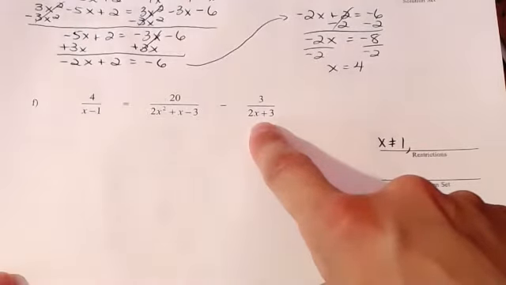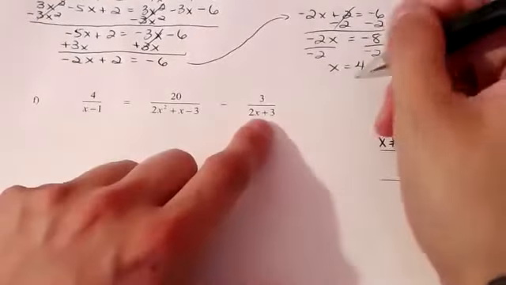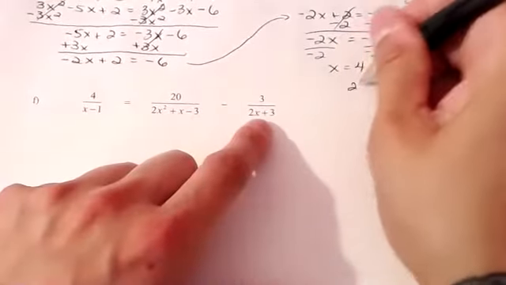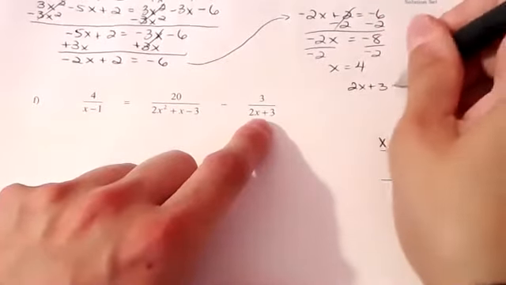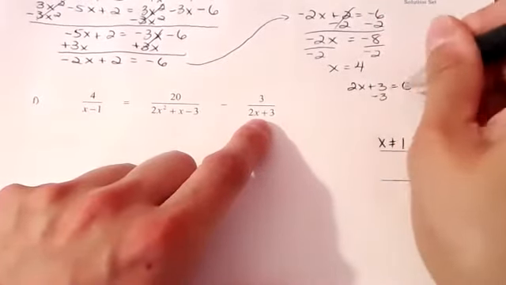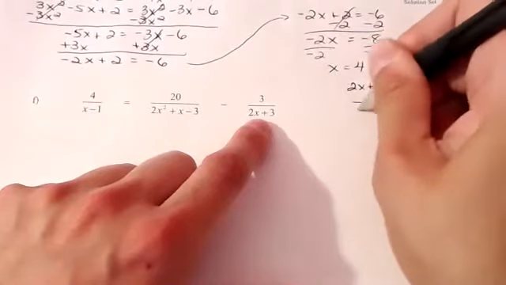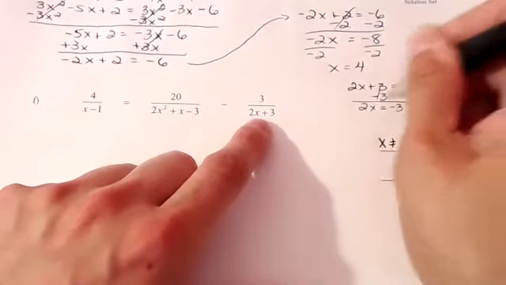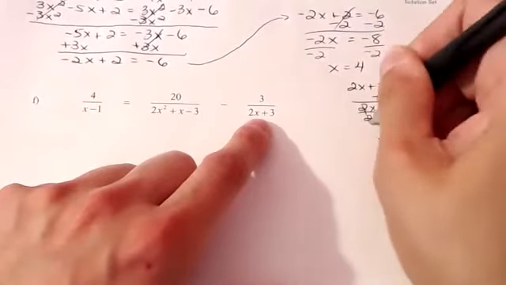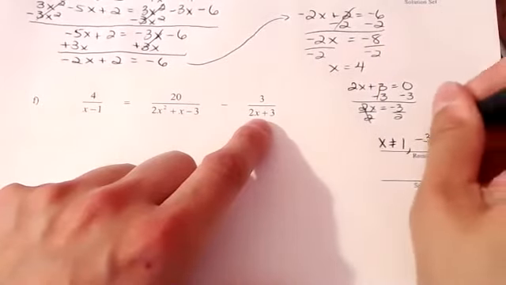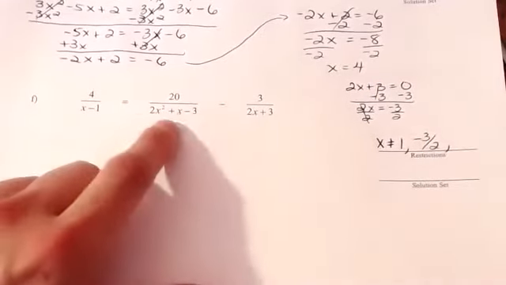Keep going. You were close. Let's take the denominator, set it equal to 0. Oh, -3/2. Yes. So x can't be -3/2. And then this guy,